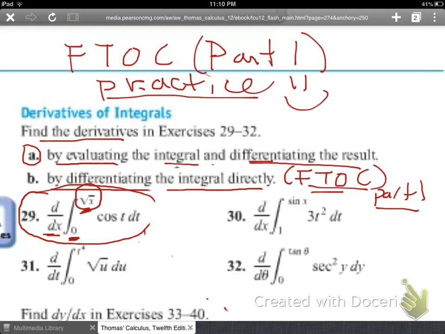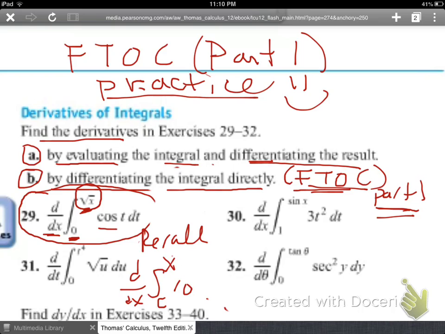Now, what do they mean by that? They mean fundamental theorem of calculus, Part 1. That's what they want you to use. And I'm actually going to do Part B first, and then I'll go back to Part A. So if you recall, the fundamental theorem of calculus says if I had the derivative of the integral of some constant to x of the function, and here the function, by the way, is cos, and we do have a constant, 0, so some constant to x of cos t dt,